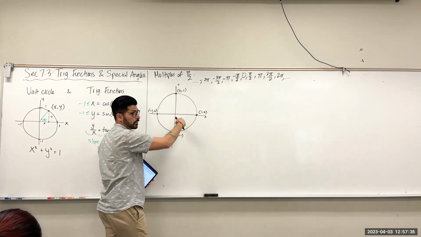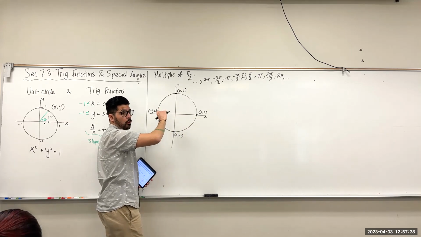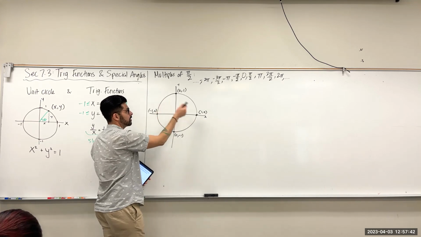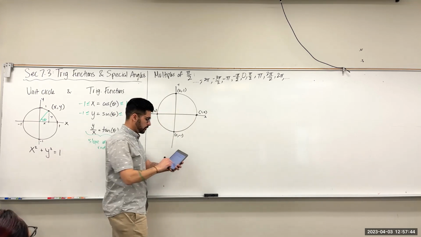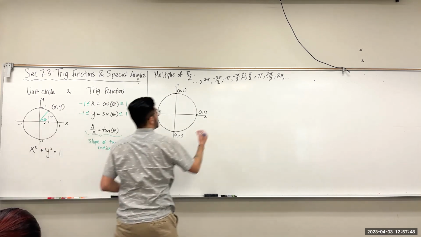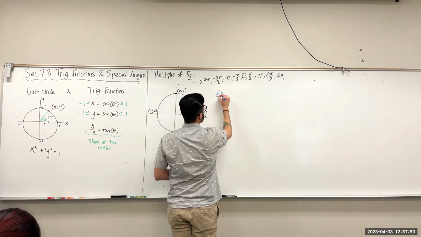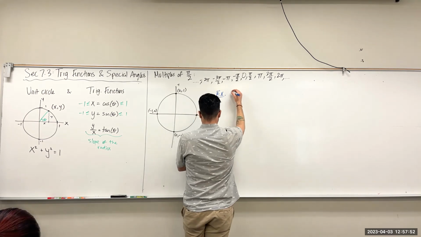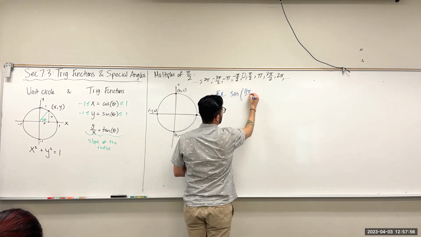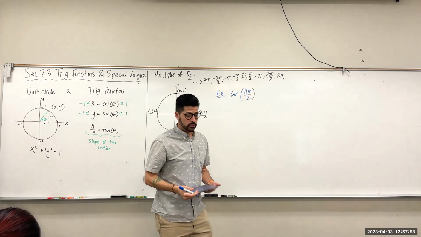You end up at this point, and then you just keep repeating this. Or if you did it in the negative direction, it would still always end up at one of these 4 points. Okay. So therefore, if on the homework, I'm asked to figure out what sine of 11 pi over 2 is,